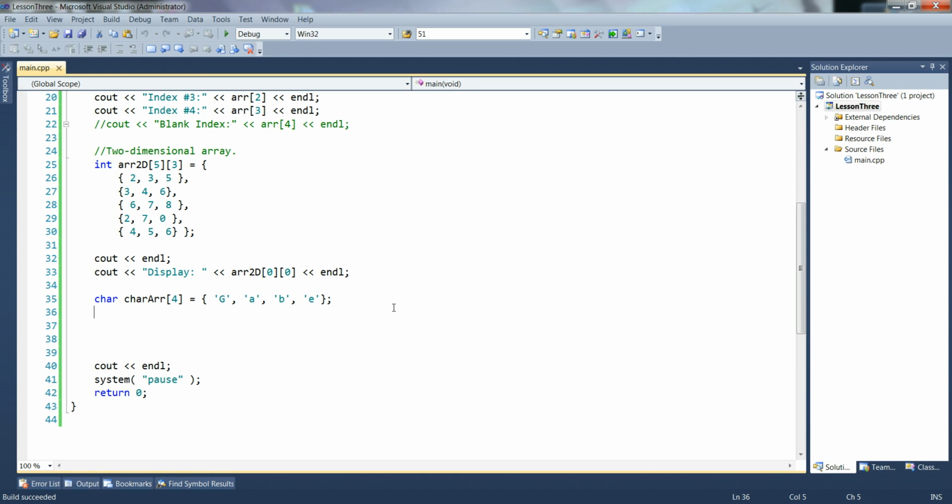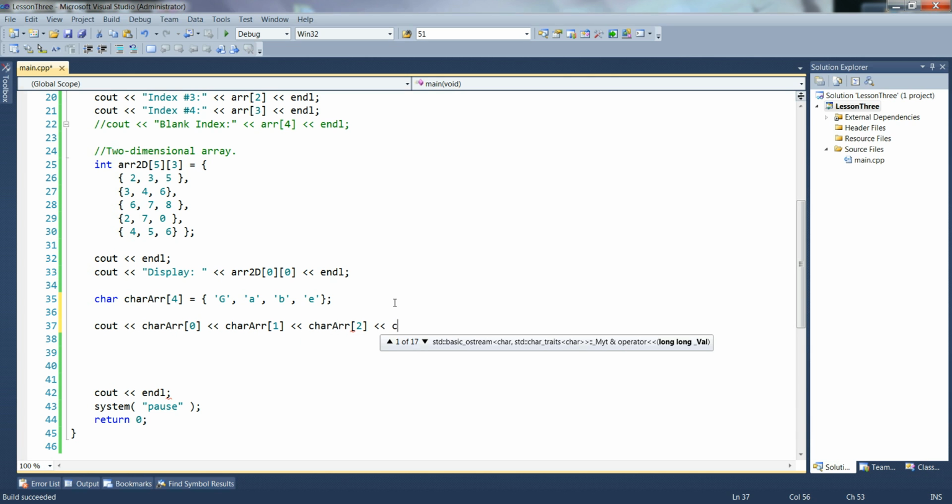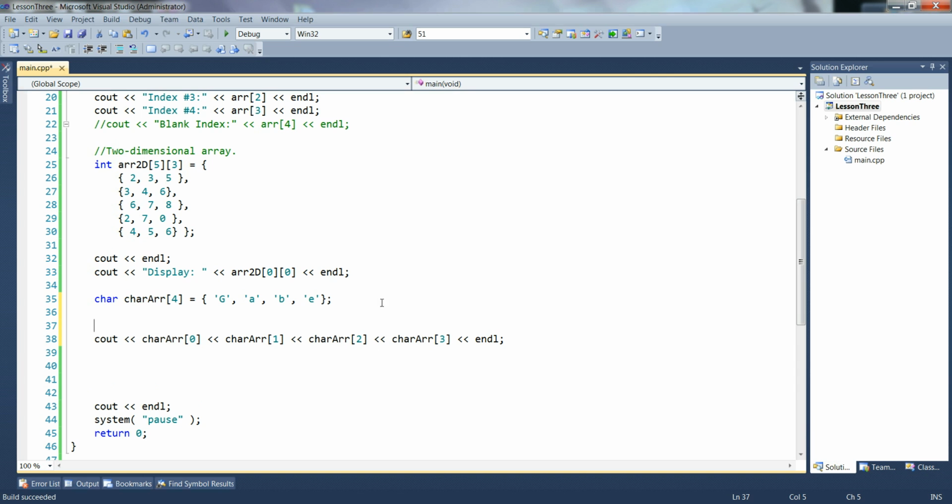And now, what I'm going to do is just display all of them after. Okay, char r0, char r1, char r2, char r3. And we'll get into this a little bit more eventually, but basically we're going to be able to use